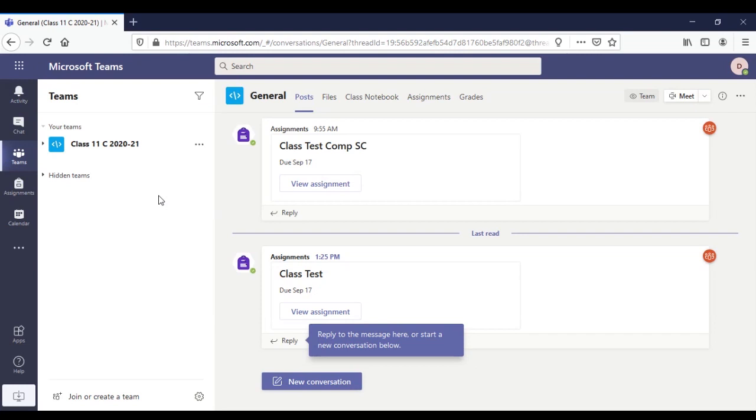So let's have a look at the students section. This is the students view. The student will click on class notebook.